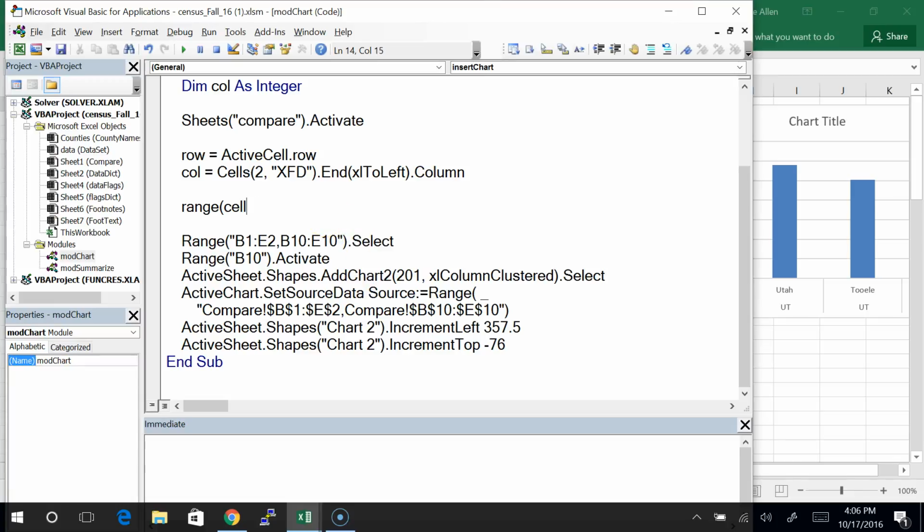actually, before I write this in, let me put in the syntax here. Range. There's going to be a comma and a closing parenthesis. I've got to reference 2 cells in here. Here's the first one. Cells, row number 1, column number 2. That's the first one. And then the second one is cells, row number 2, column number